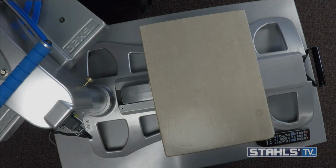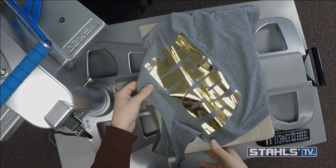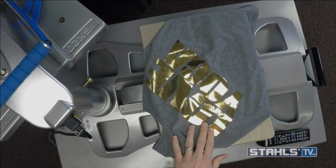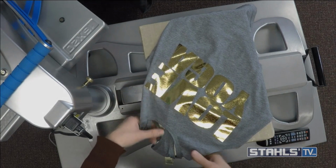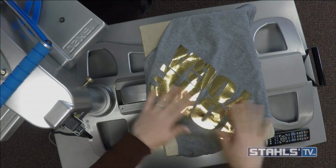Let me lay it out a little nicer here. The foil sticks right to the adhesive, so you get that nice, true mirror finish. It's almost too bright for the camera as far as how it's reflecting, but it feels awesome too. And this is something that's extremely durable. So the idea here is stock different colors of foil, stock one roll of adhesive, and you can create whatever